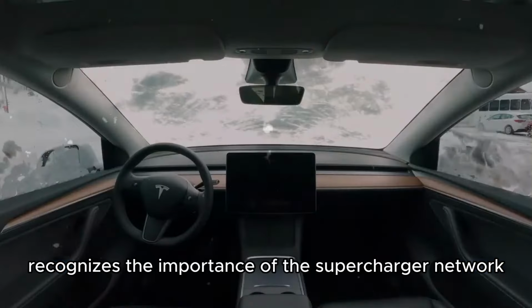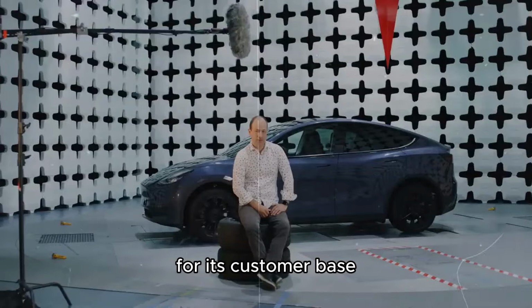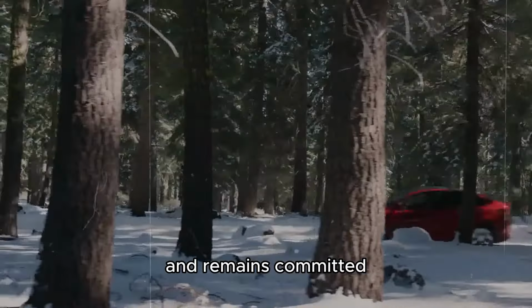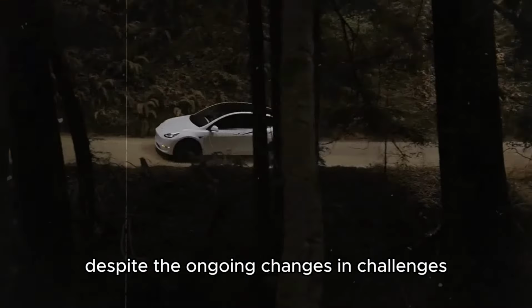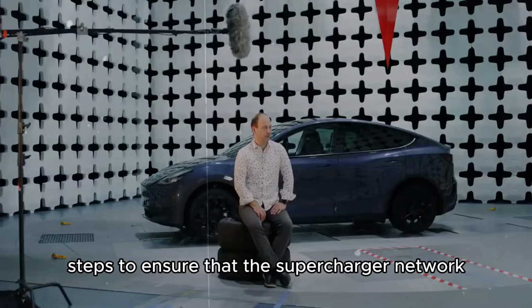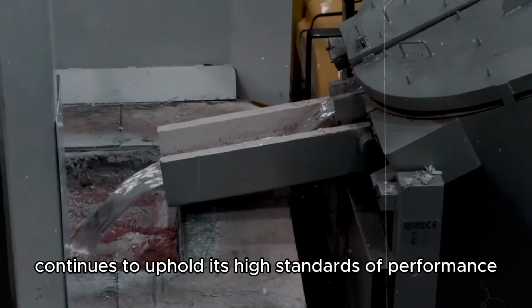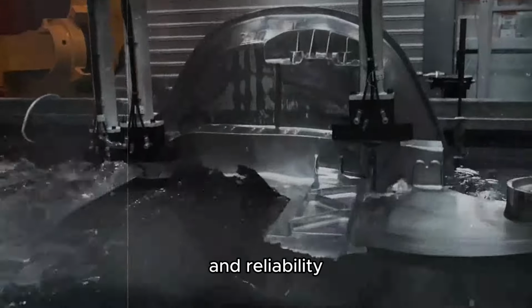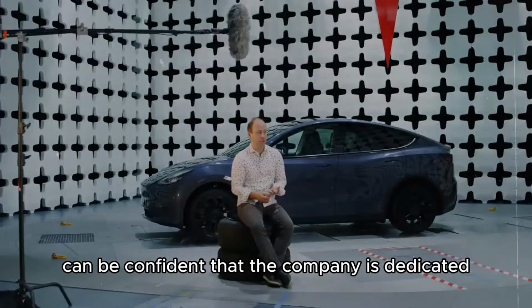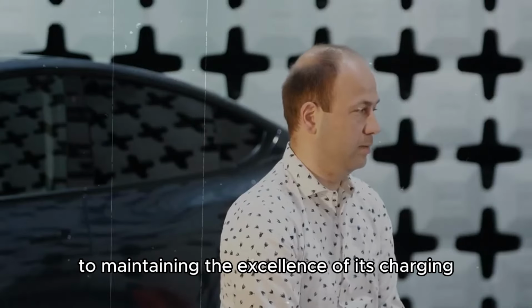Tesla recognizes the importance of the supercharger network for its customer base and the growth of the electric vehicle market, and remains committed despite the ongoing changes and challenges. The company is taking all necessary steps to ensure that the supercharger network continues to uphold its high standards of performance and reliability. Consequently, Tesla vehicle owners can be confident that the company is dedicated to maintaining the excellence of